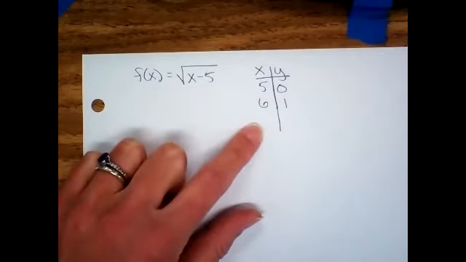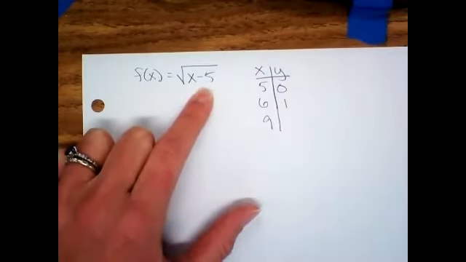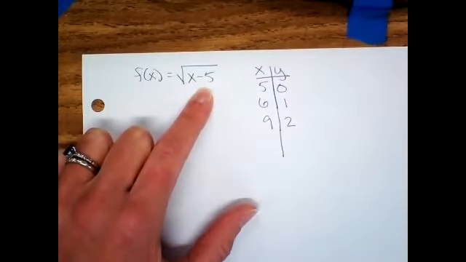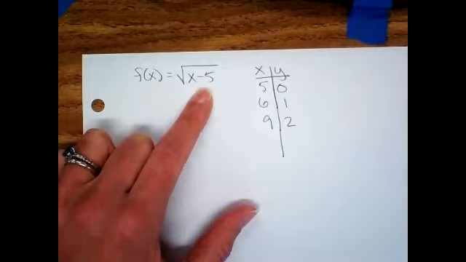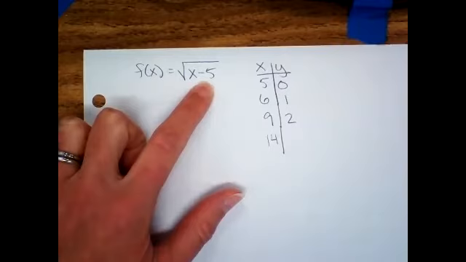What's the next good number to plug in? Good, because 9 minus 5 is going to give you 4. Square root of 4, 2. For the sake of practicing this, could you figure out the next one? What's the next good number to plug in? 14. 14 minus 5